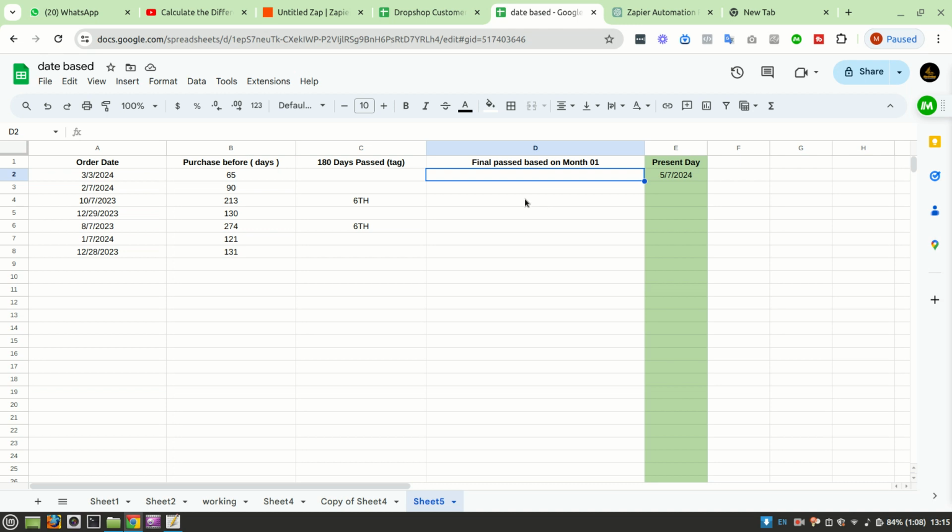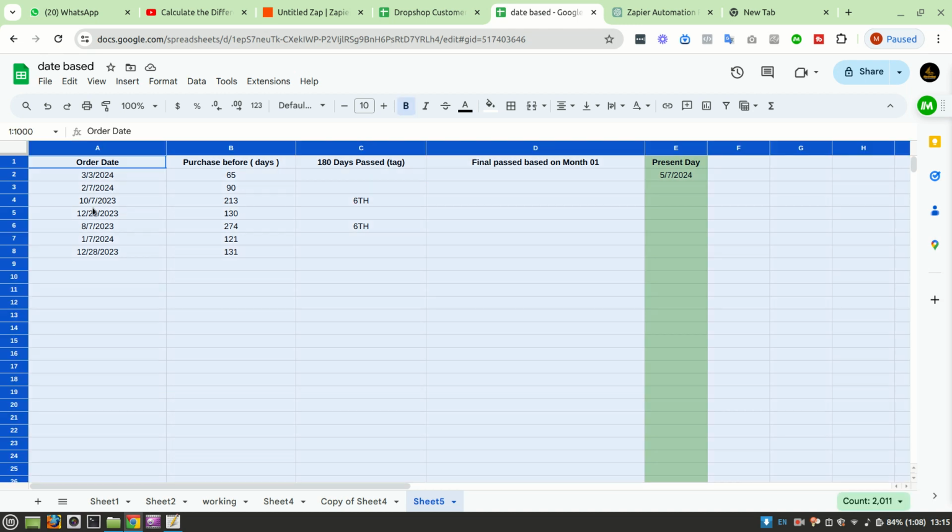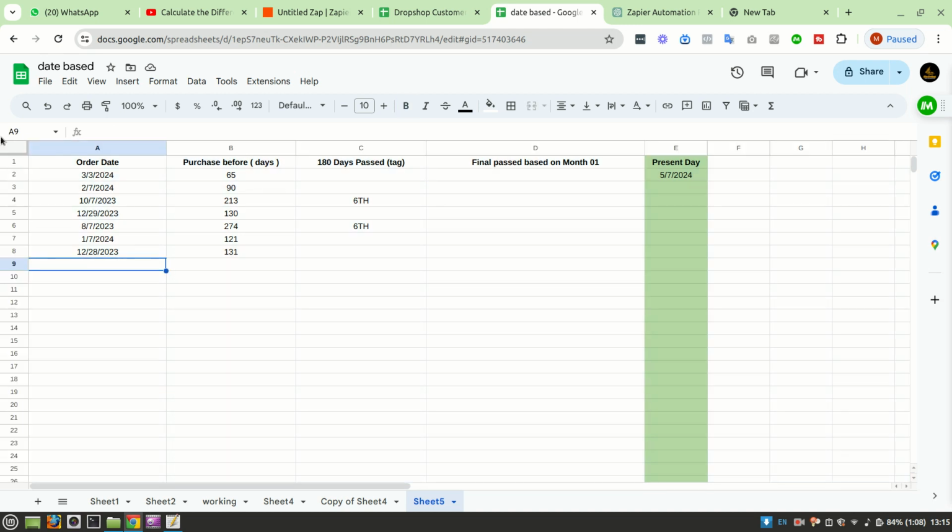This process seemed a little complex to me before, but it's clear to me now. So the issue is, if any person hasn't purchased for 180 days, they will get a tag 6. This is the tag, and we can filter any data dynamically like that in our automation with